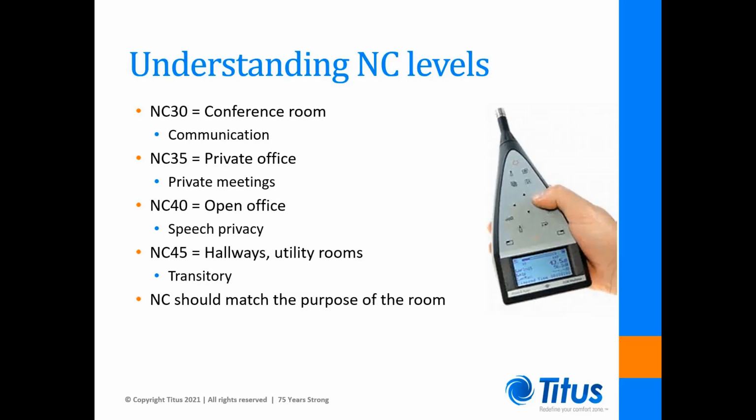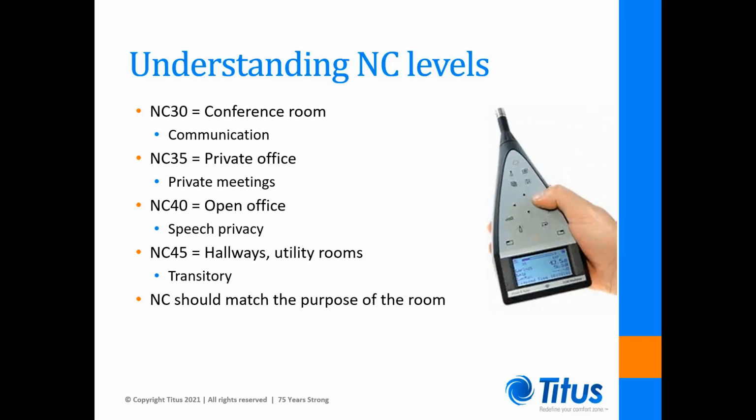Now that we know a little bit about NC charts, it's important to understand how sound levels are expressed in terms of NC. First, we need to look at typical NC levels for commercial spaces. The quietest space is usually a conference room, specified not to exceed NC 30. Then there's the private office, specified not to exceed NC 35. Then there's open office areas furnished with cubicles or open workstations, specified to be as close to NC 40 as